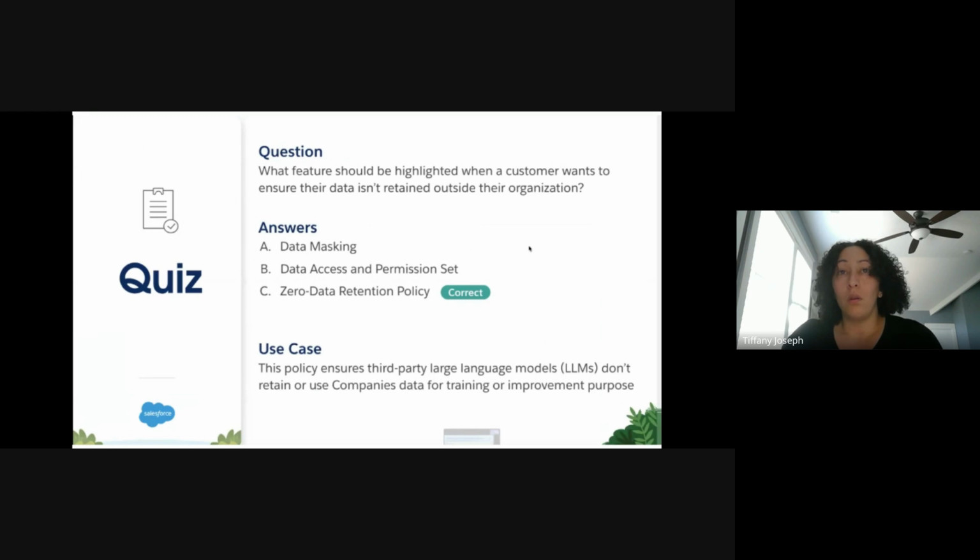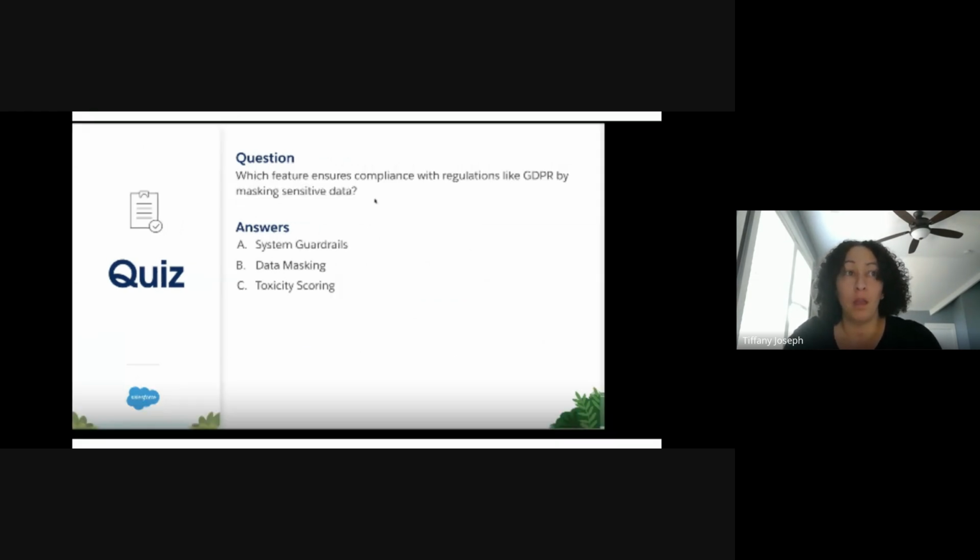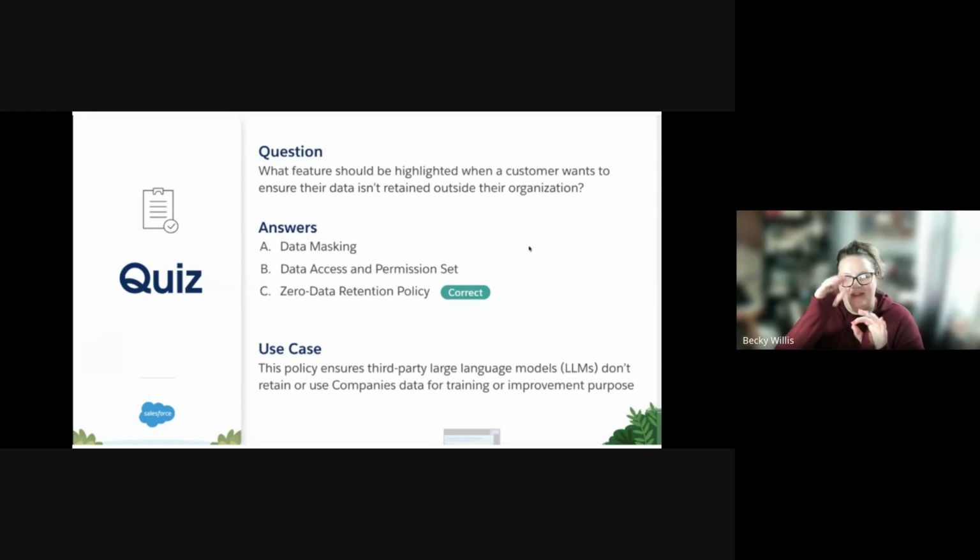So when thinking through this question, the way that I saw it was the general policy that makes sure that data doesn't go to the LLMs. So Tiffany, you're saying like, I don't know if B is part of it, but data masking, that was where my answer was. That's part of the zero data retention policy. Those are some of the features of it. Yeah, but